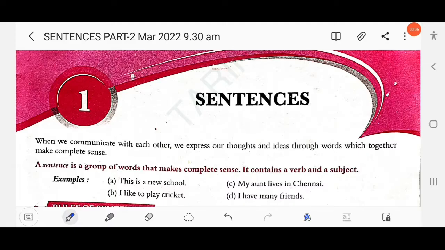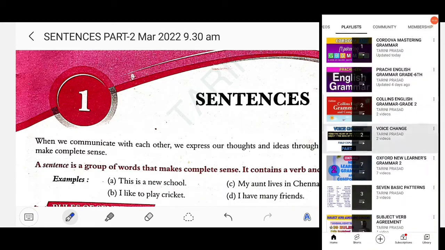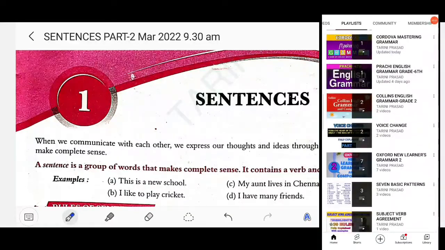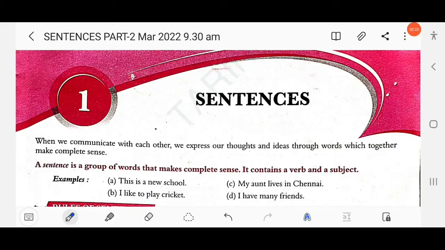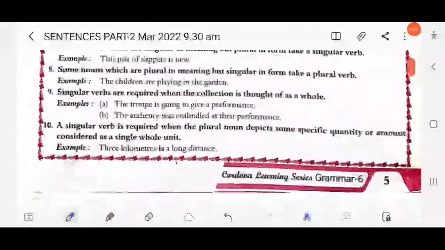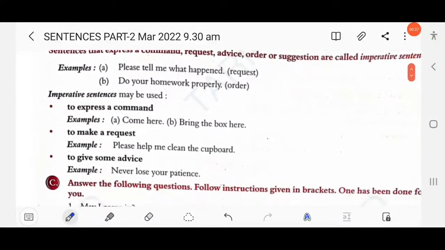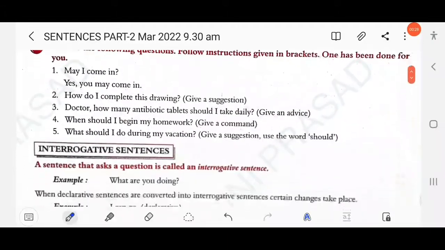Dear students, in this video we'll discuss Class 6 Cordova Mastering Grammar, Chapter 1, Sentences. If you have not watched part 1, look at the screen, you can go to the playlist section and watch it. In that video we discussed up to C. In this video we'll discuss from